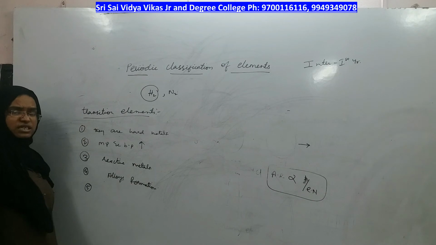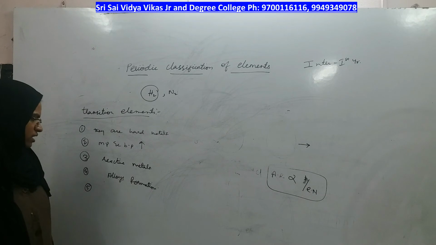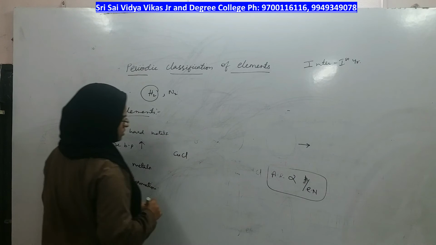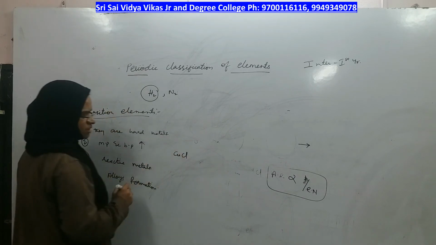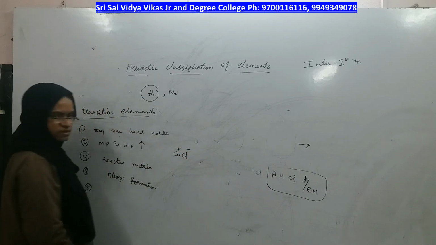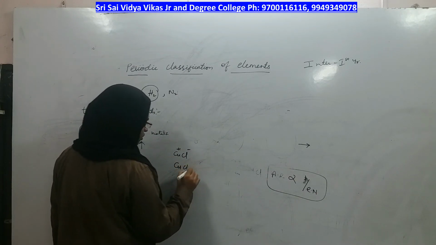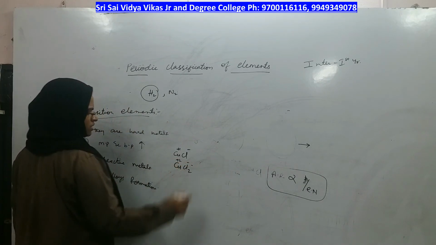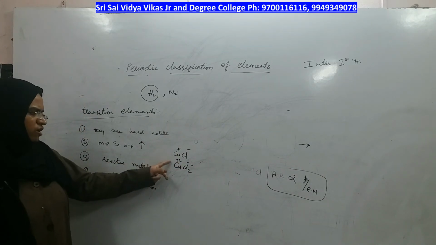They will form their salts, and different oxidation states are possible for them. Suppose I am taking an example of copper chloride. I am taking the example of cuprous chloride, in which copper has +1 and chlorine has -1. This is cuprous chloride, and you also have one more compound, cupric chloride, in which copper's oxidation state is +2 and there are two Cl minus, right? So the same compound is there, but the oxidation state of copper is different.